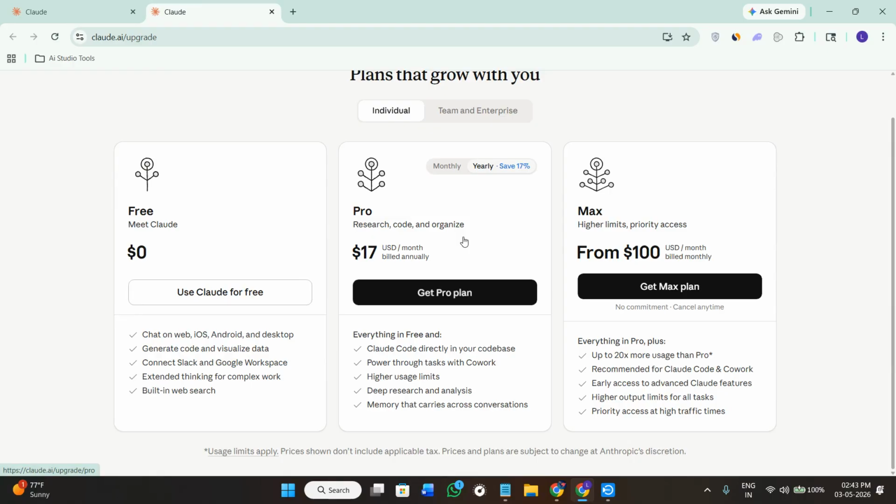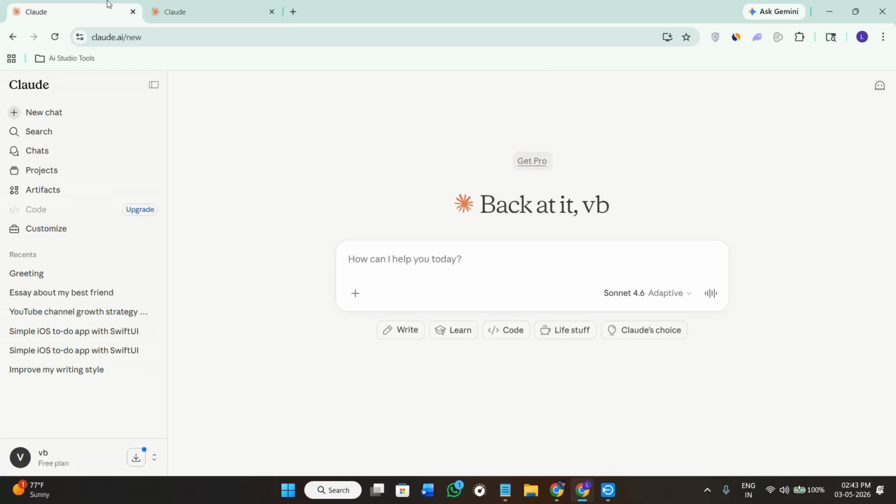So you need to make sure that the version of Claude AI that you are using, or the connected platform, supports screen sharing. This particular feature may only be available on certain plans, and most probably in the Pro and the Max plan. So screen sharing is typically easier through a desktop browser or the application. So you need to launch Claude and then open the conversation or workspace where you want to use the screen